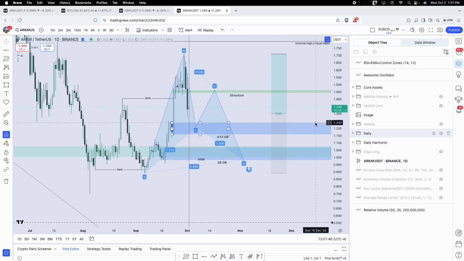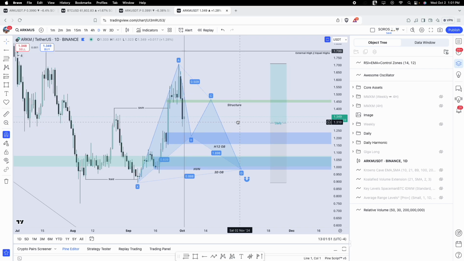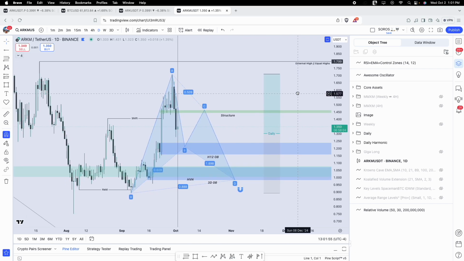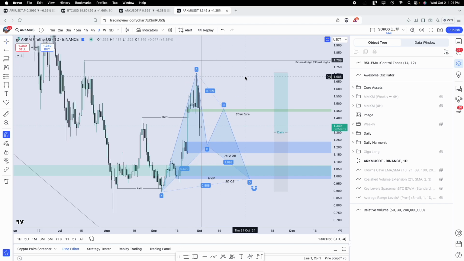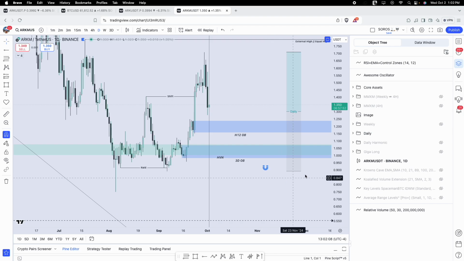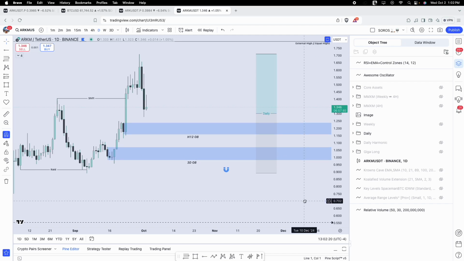But the point is to set alerts at those key areas of interest just in case you get that deeper discount buy, and then you can basically join the trade. Instead of buying the green candles up here and getting wrecked, you're going to be buying down here with smart money that also probably bought in that range. So that's your daily harmonic lining up with the daily idea. And then all I'm looking for here is setting an alert at the 12-hour demand and then one more at 3-day, and we should be good to go.